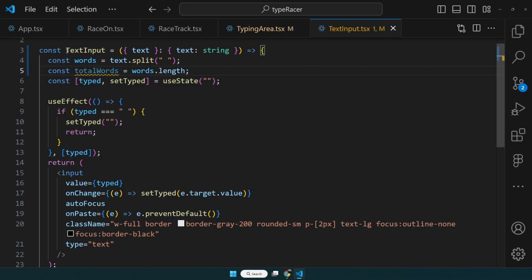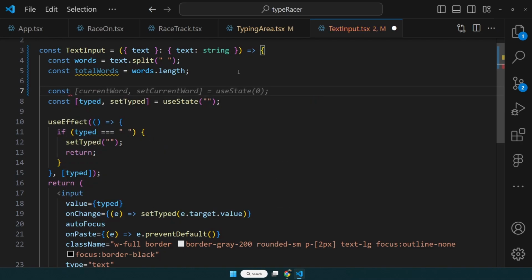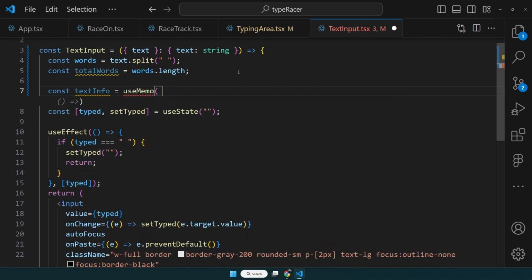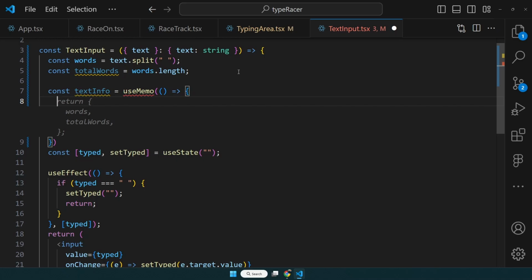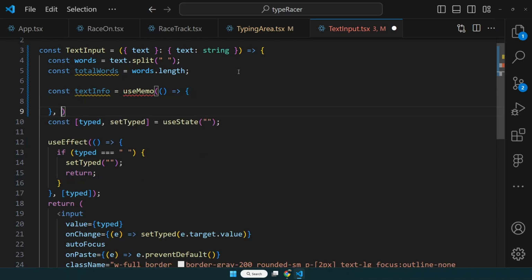In this way, if any state changes in this text input component, these two lines of code will run again and be recalculated. However, the value of these will not change unless the value of this text is changed. So to prevent this unnecessary recalculation, the best approach here will be to use the useMemo hook. So here we can say const textInfo equals useMemo, and this useMemo will take a function and a dependency. Okay, and the dependency will be this text,